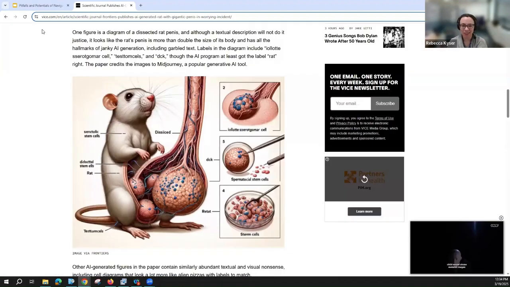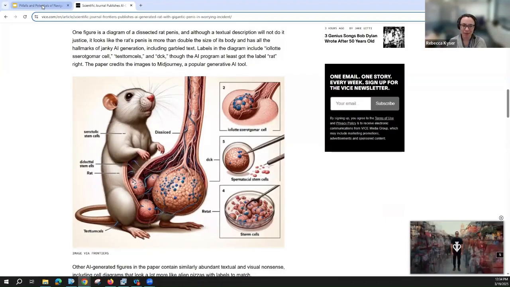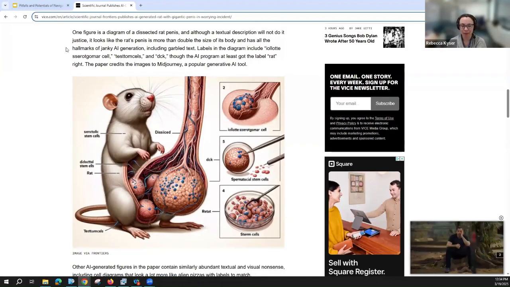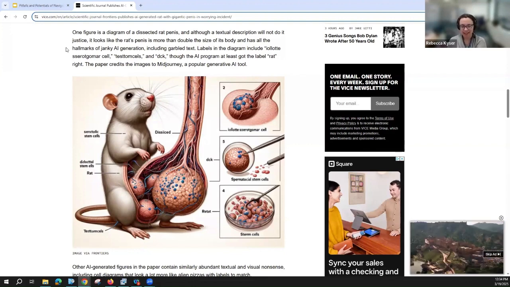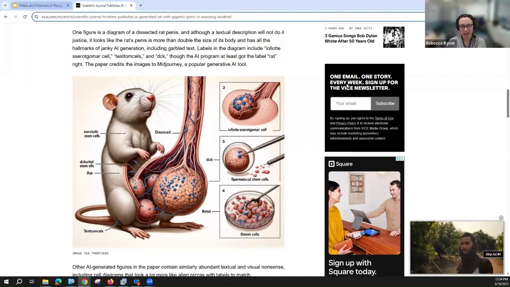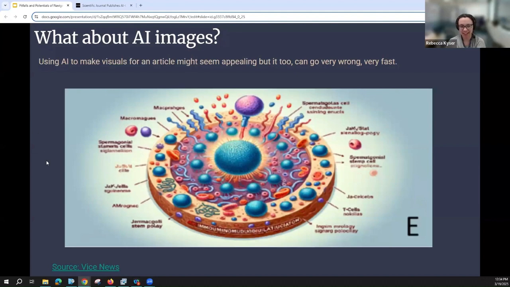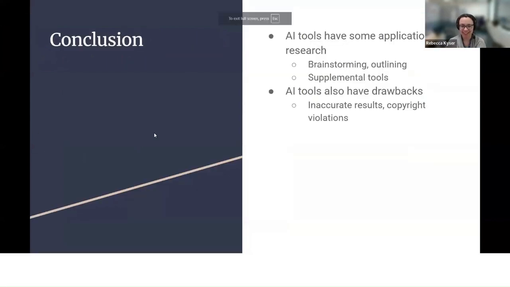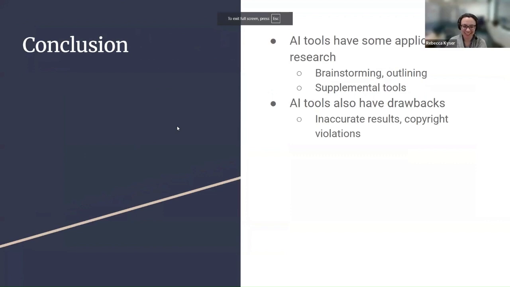Don't do it. If you need help with images for your article, I recommend looking up freely available ones that are open access, or talking to your local librarian who can help you find someone. You don't want to become famous on Twitter for a very buff rat. Just not a good day.